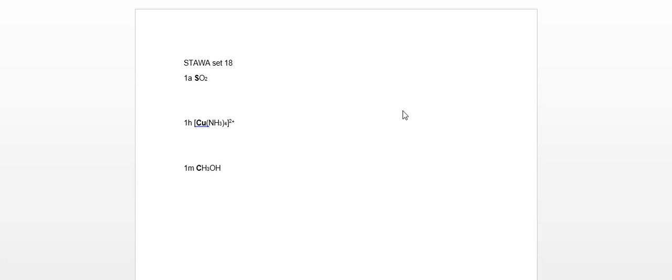Okay, STAWA set 18 is fairly straightforward, particularly part 1. I'll just go over the first one as a general way of looking at it and point out a couple of tricks with H and M. So firstly, when we look at part 1, we've got our set of rules for particular substances for their oxidation